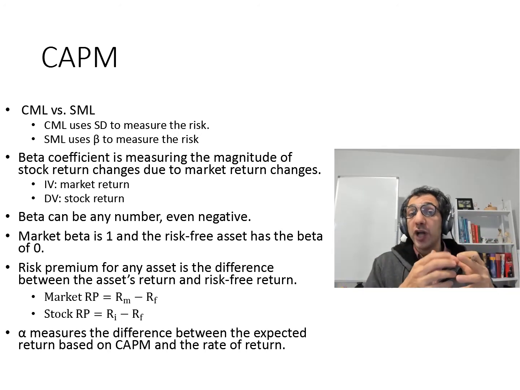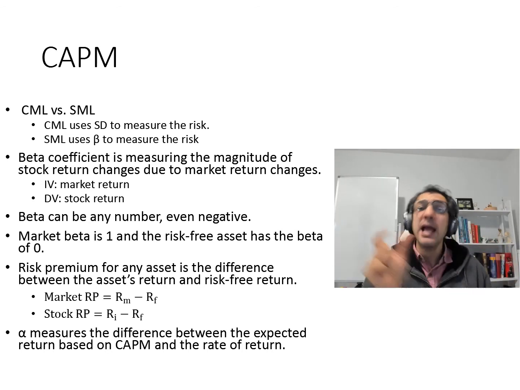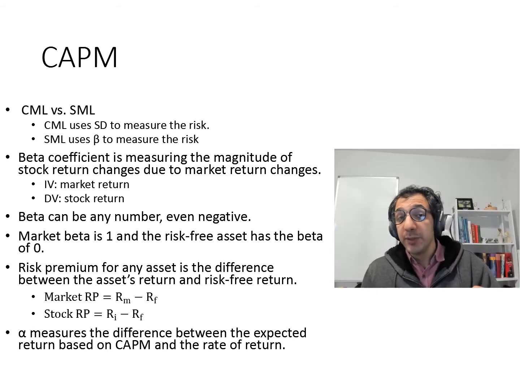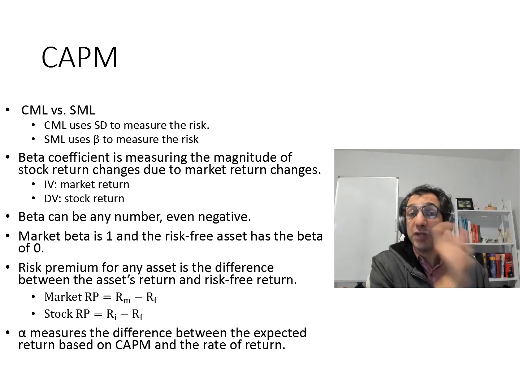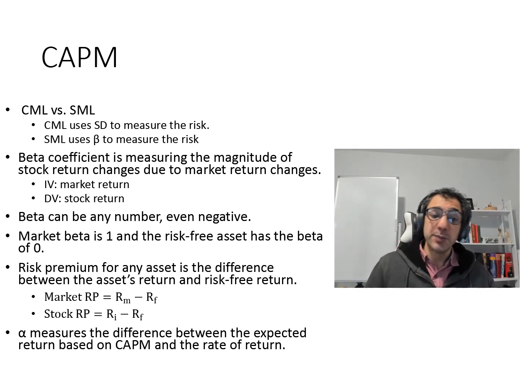Now, if you're talking about the market return, it is market risk premium. So the market risk premium, that's the difference between the market return and the risk-free return. If you're talking about the stock risk premium, you're talking about the difference between the return on a specific stock and the risk-free rate. Also, we talk about the alpha, and alpha measures the difference between the expected return based